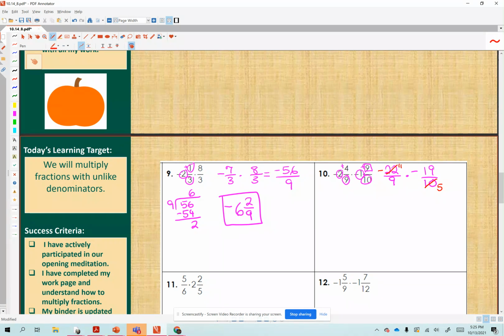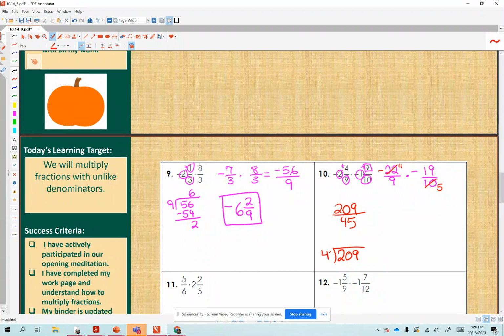Negative 11 times negative 19 will be a positive 133. 9 times 5 is 45. And oops, I made a mistake there. I wrote 133. That's not what I meant to write. I meant to write 209. Okay, this is positive, but we need to divide to get a final answer in the form of